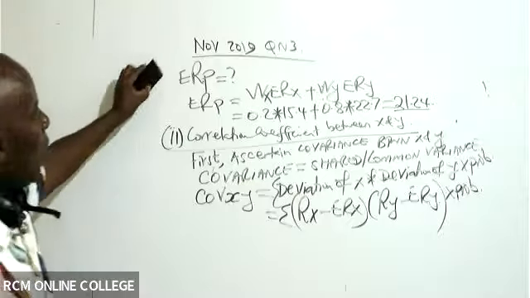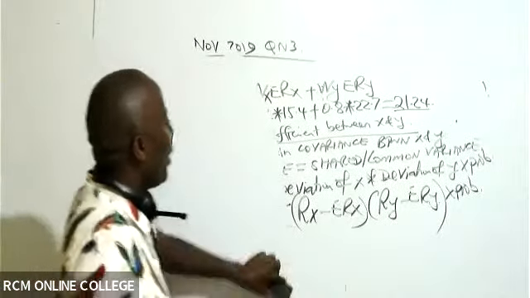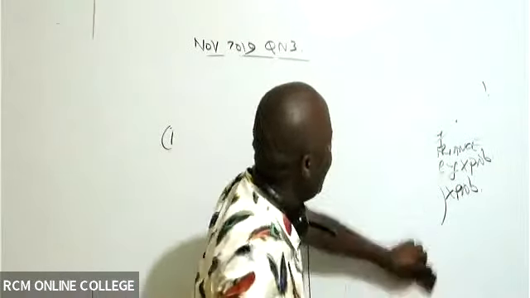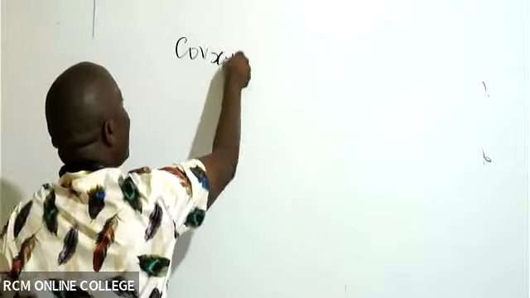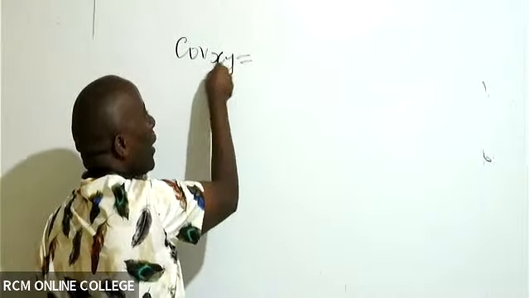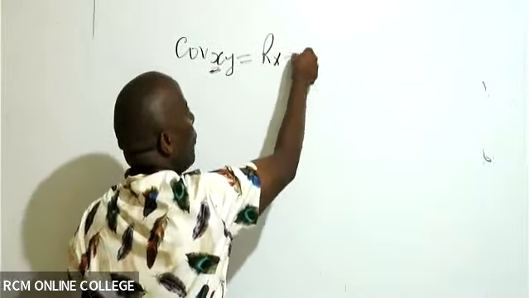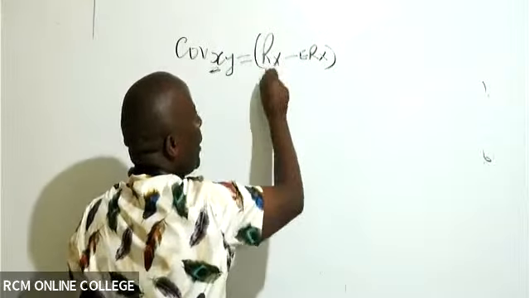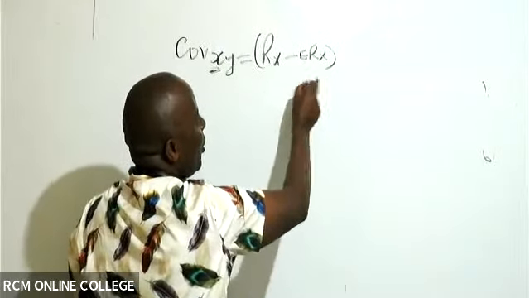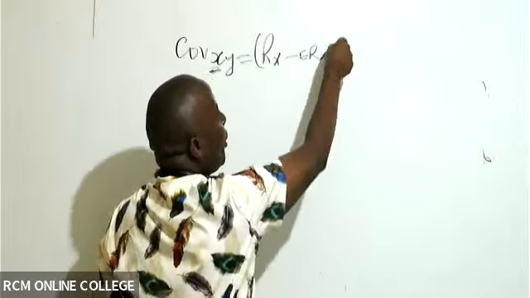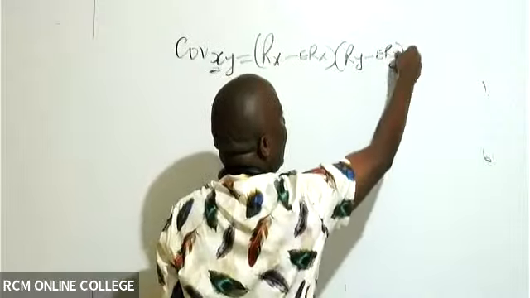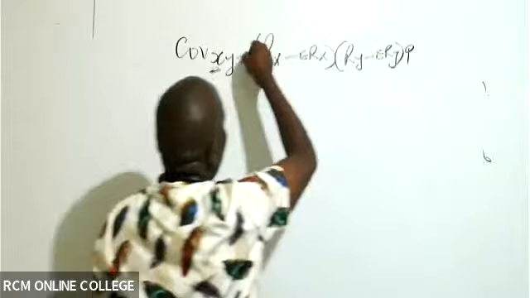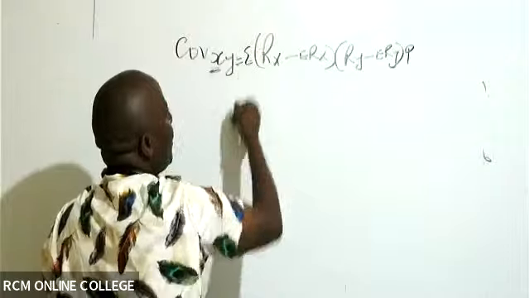Now, ladies and gentlemen, allow me to repeat this concept right away. Anytime they tell us to ascertain covariance between x and y, I will take the deviation of x here, which is actual returns of x minus expected returns of x. It can't be rx minus ery, no. So it is rx minus erx into the deviation of y, which will be ry minus ery. And then we multiply outside here with probabilities, and then outside here, we shall always come and sum.